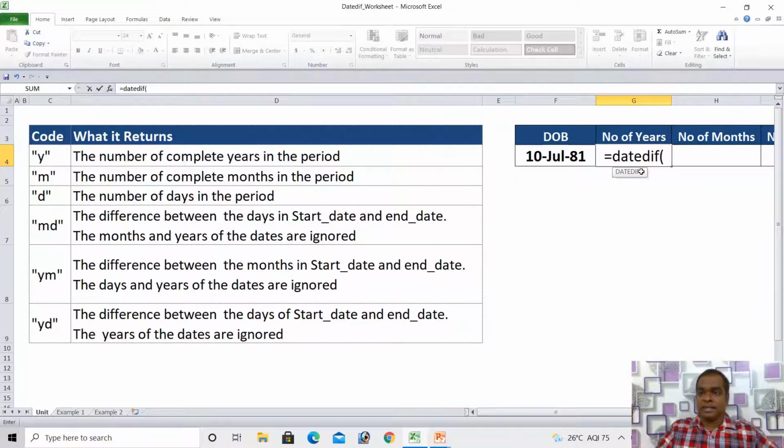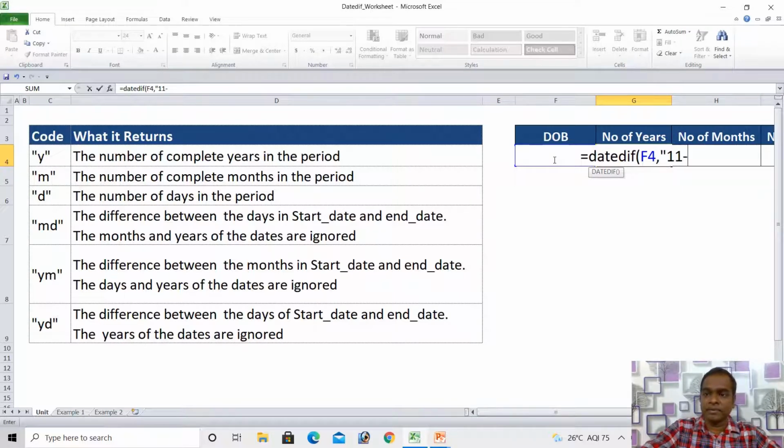Then the next argument is my start date. Start date is nothing but my date of birth, so I'm selecting the date of birth cell, and I'm giving the end date, meaning as of today. Today is the 11th of July 2021, so I'm mentioning that. You can give it as per your system format, like that.